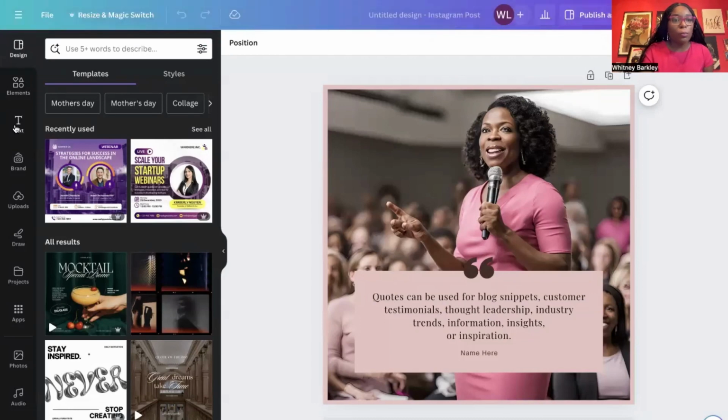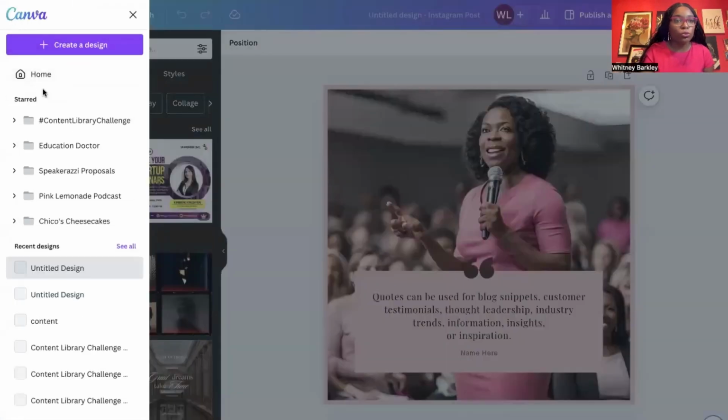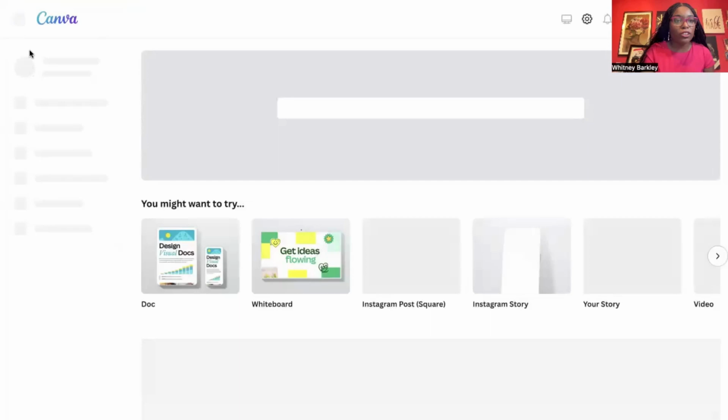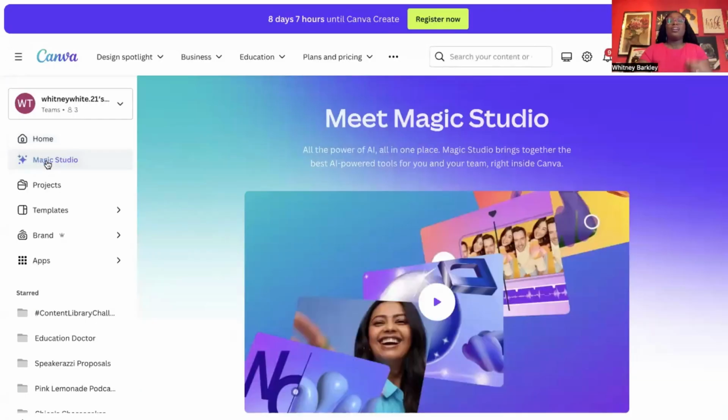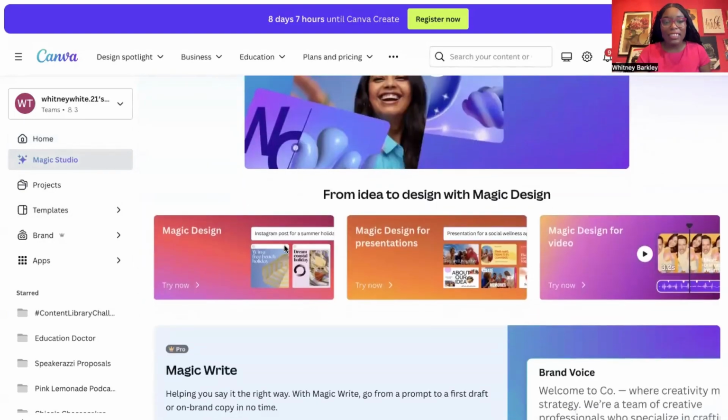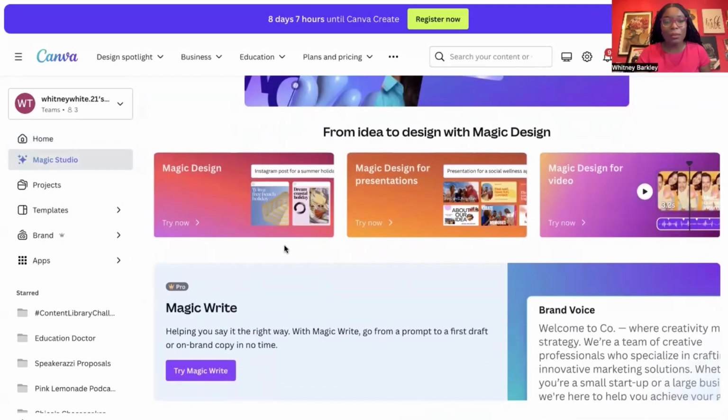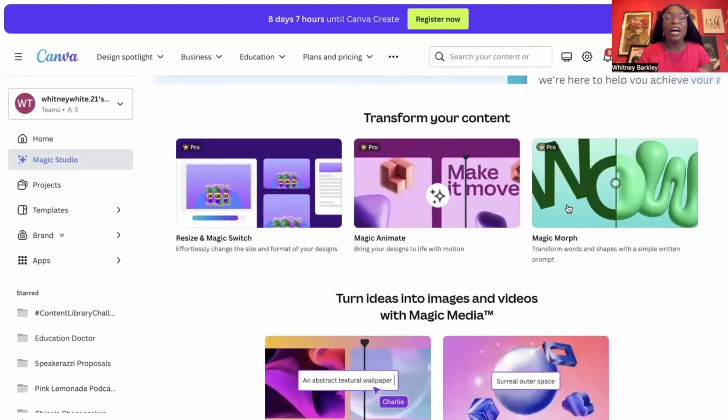So I'm actually going to go back to home and we're going to go back to our Magic Studio. We're going to do this again. Okay. So we are inside the Magic Studio. Inside of the Magic Studio, you'll see things like Magic Design for presentations, for videos. There are a ton of different tools. One FYI,